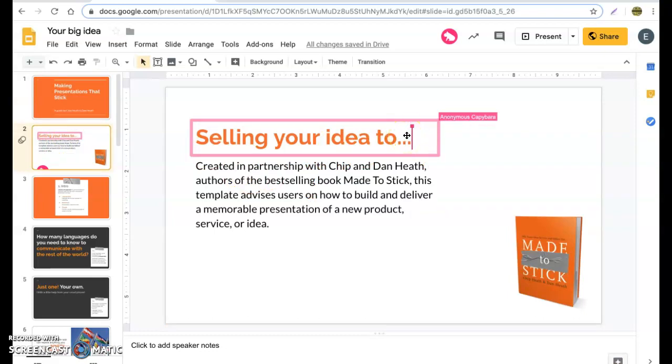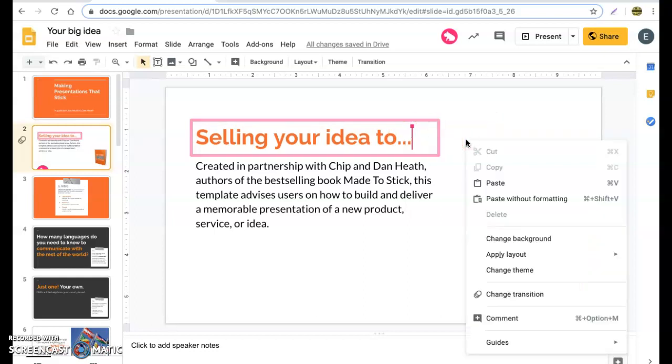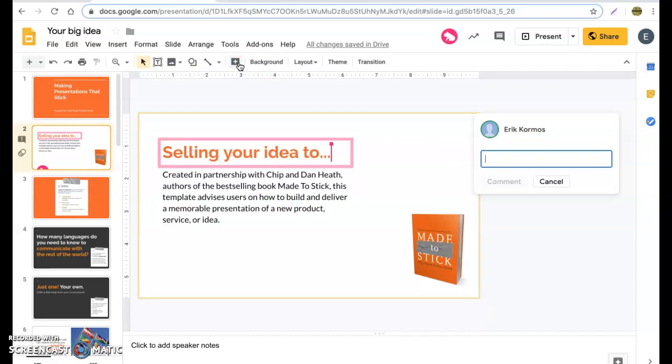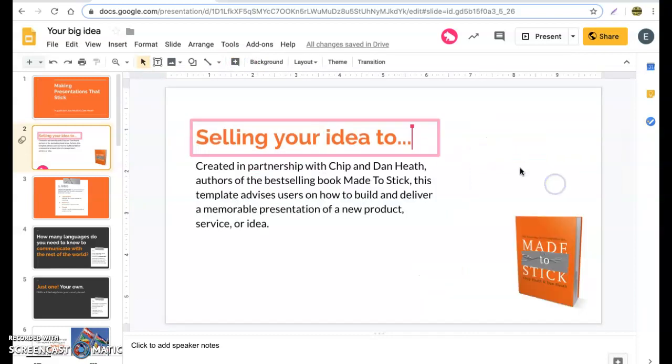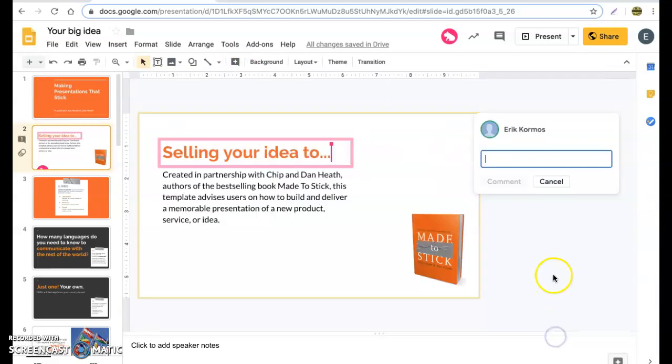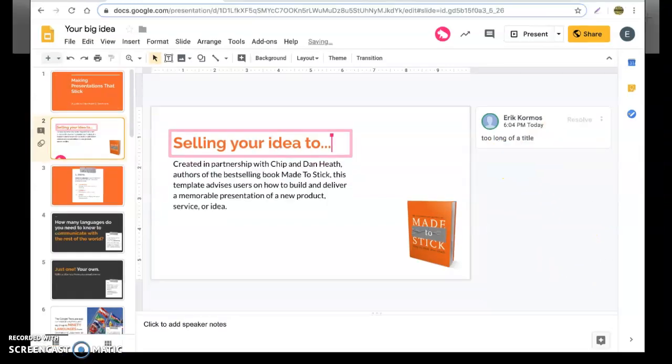If I or another student, for instance, want to make a comment, we simply right click, or you can hit the plus button, and that'll give you comment there. Or as I mentioned, right click, comment. All right. I'm going to go back to my incognito tab,